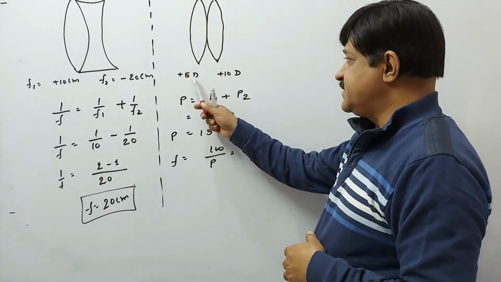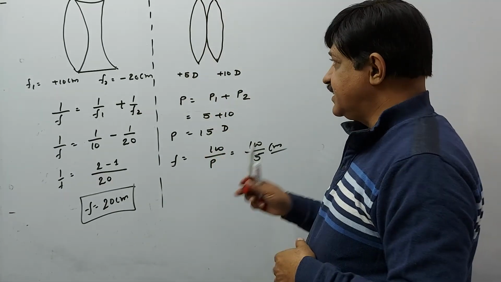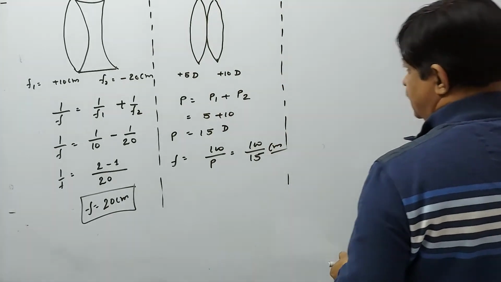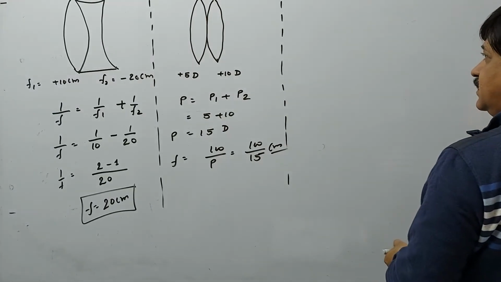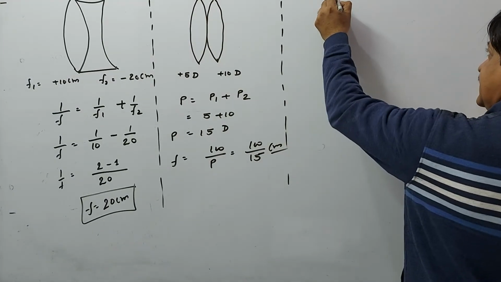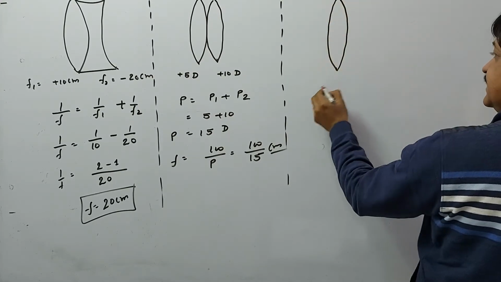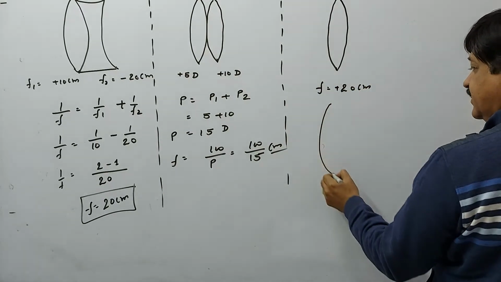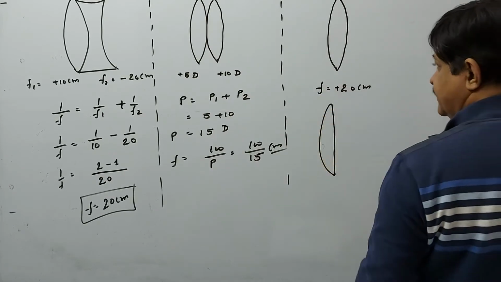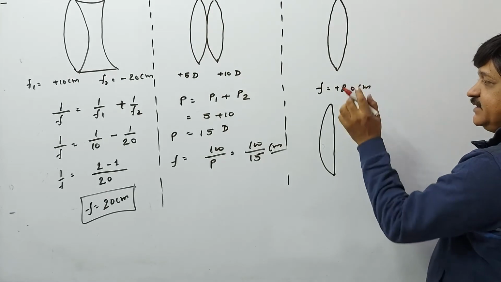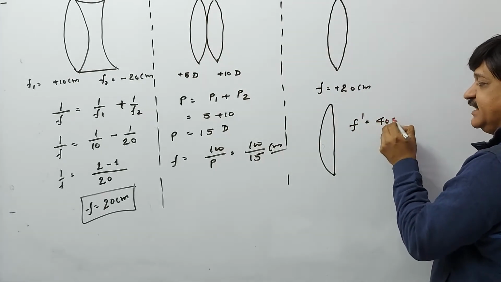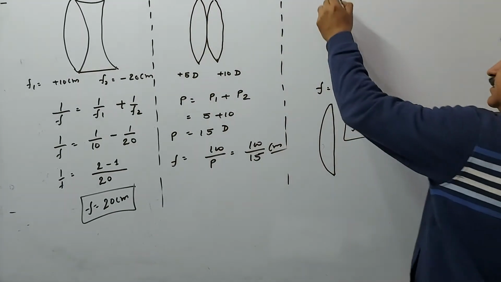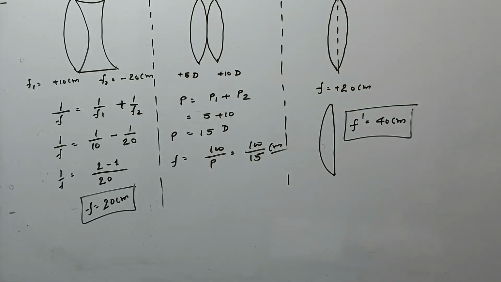पहले पावर को ऐड कर दो, प्लस प्लस है तो प्लस किया, कुछ माइनस वगैरह होता तो उसको ऐसे इक्वेट करके we can put it like this. And as you know, as I have already discussed, if focal length of this will be 20 centimeter plus, then focal length of this, if it is cut straight from this one, if this is 20 centimeter, then this must be, याद रखना, 40 centimeter, बार बार बता रहा हूं, डबल हो जाता है focal length बीच में से अगर इसको कट कर दिया तो।